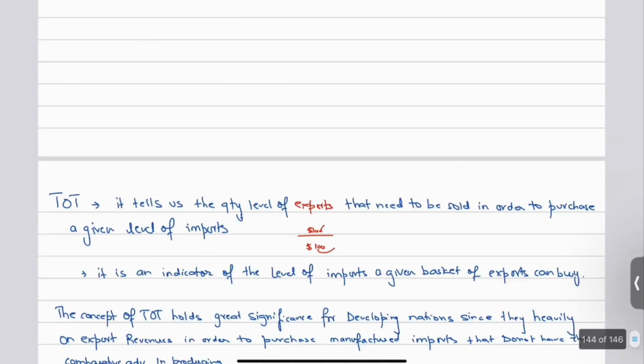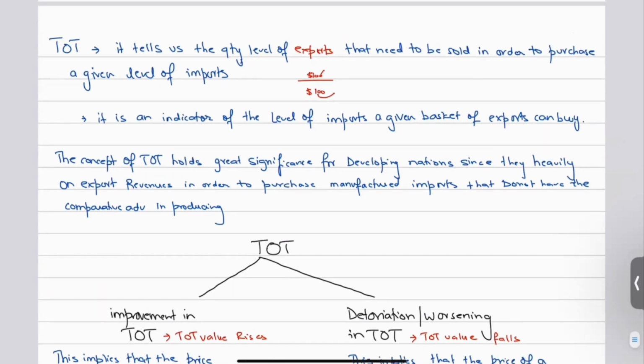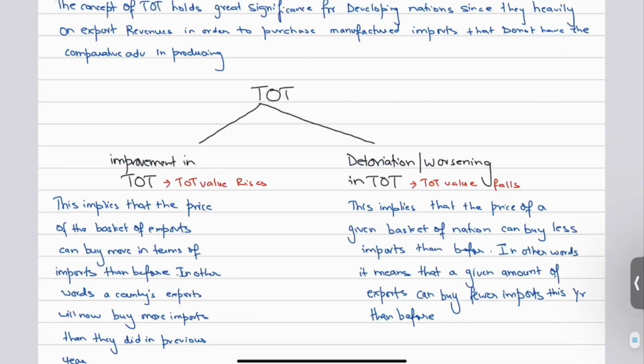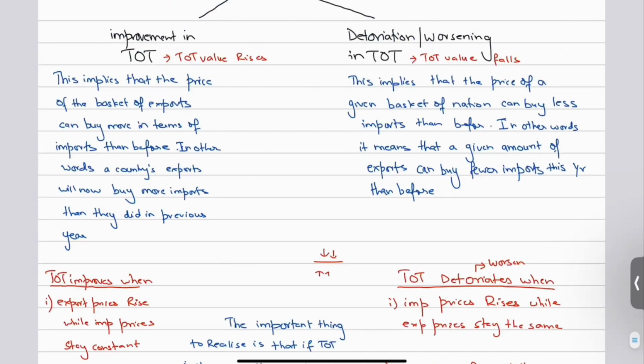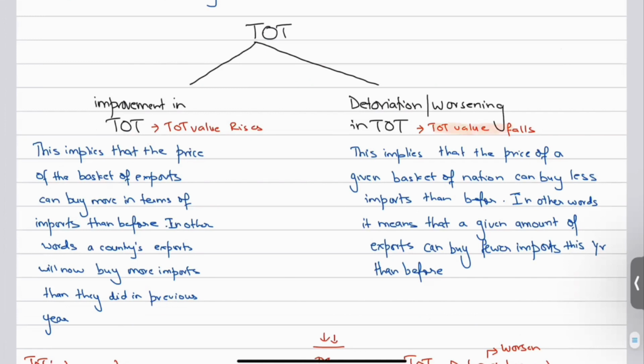It tells us the quantity of exports that you need to sell in order to produce a given level of imports. That is the main line. That's what the TOT tells us. फिर हमने कहा TOT improve कब होता है और TOT deteriorate कब होता है। तो अभी हम पढ़ रहे हैं TOT आपका deteriorate कब होता है। TOT बेटा deteriorate होता है जब आपके TOT की वैल्यू फॉल हो जाती है।